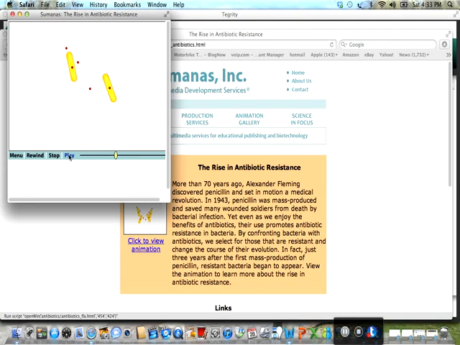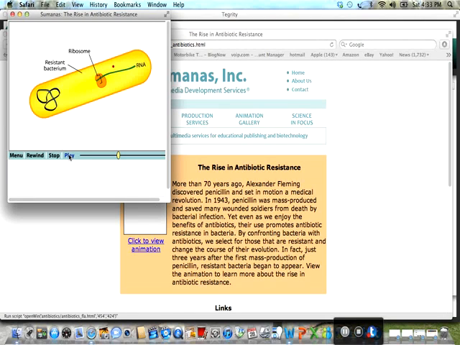Most of the bacteria die, but by chance, a few may have mutations that allow them to live in the presence of the antibiotic. Their mutations might cause their ribosomes to have a slightly different structure, which prevents the antibiotic from binding. With these mutations, the bacteria can still make proteins and survive in the presence of the antibiotic. They are resistant. The antibiotic treatment provides an example of natural selection in action.